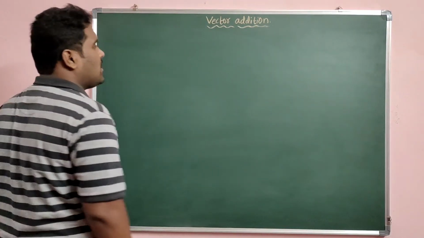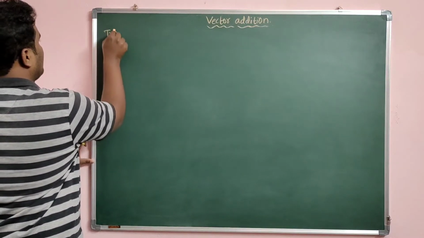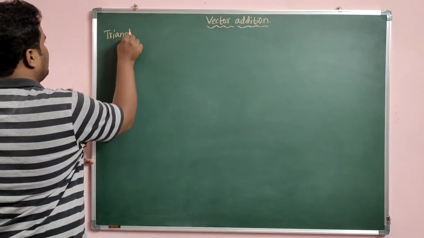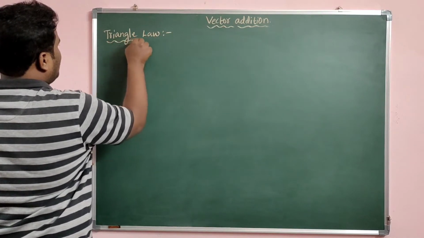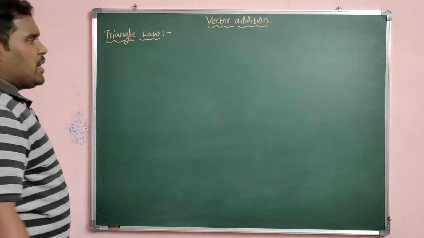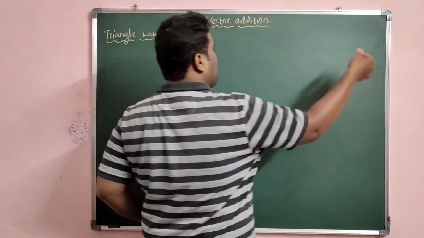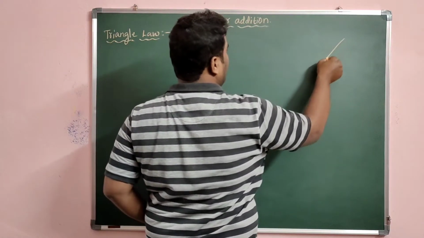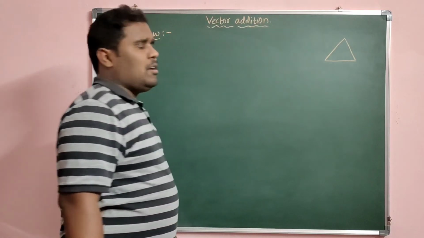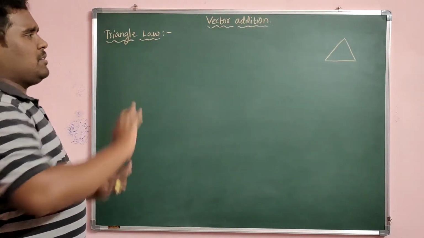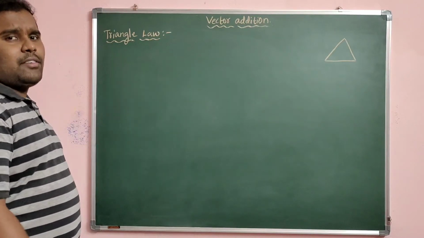So let us see the triangle law of vector addition now in brief. Just giving the heading, triangle law. What do we know about a triangle exactly? A triangle is a closed figure containing three sides. For example, I am just drawing it like this to show you how a triangle appears. You already know how a triangle looks, but I just want to show you the triangle, a closed figure.